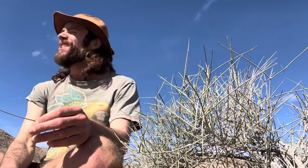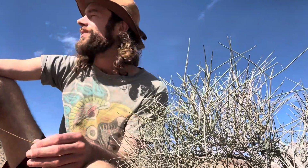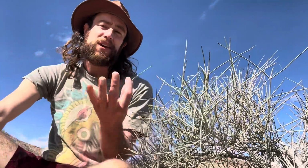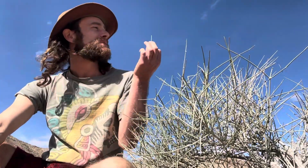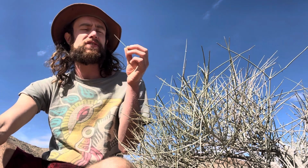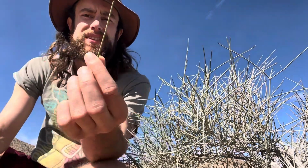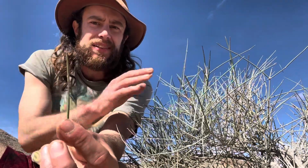Hey everyone, Logan Keister out here somewhere in the Nevada desert on the outskirts of Las Vegas. Not quite sure how I ended up here, but hey, I'm here. And kind of happy to be here, escaping the cold, wet weather we've been having in the middle of February in Oregon. So I want to stop to show you this cool plant here next to me and take a